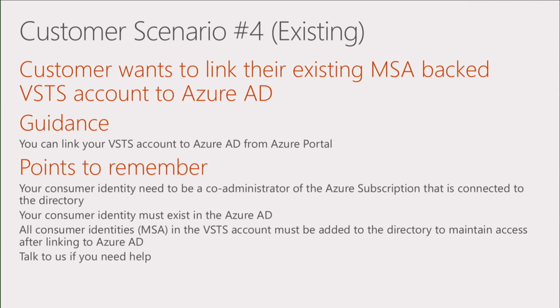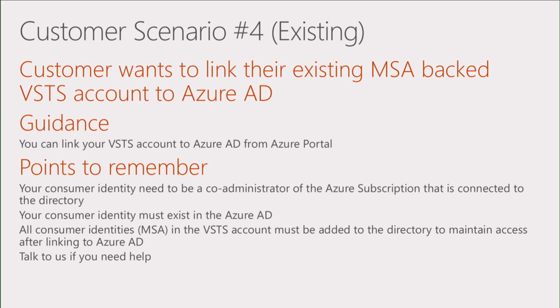So the first 3 scenarios are new scenarios. This is a new customer: I don't have any VSTS accounts, and I want to create a new one. So if you fit into 3 different buckets, you can use the recommendations there to create your account. Now the 4th one is